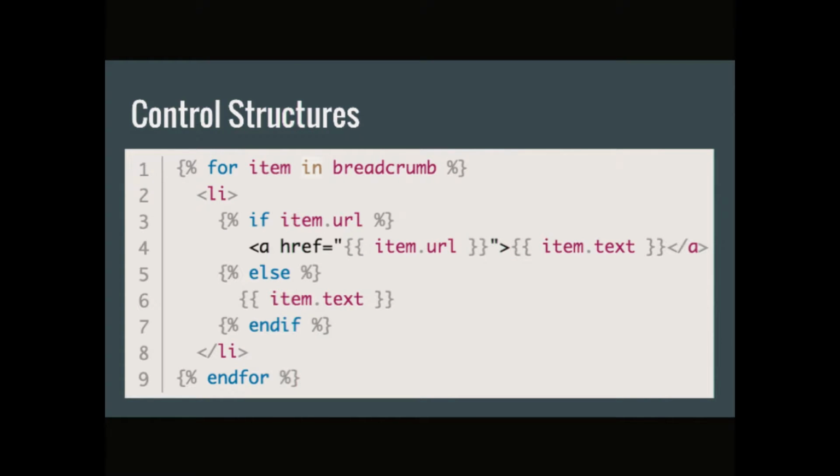We now have control structures. These are examples from core. We have a for control structure and an if control structure. So a breadcrumb is an array, and we want to iterate over the elements in that array. So we say for item in breadcrumb, and then we will create a loop, and in that loop we will have at our disposal a variable called item. And that variable can actually be either an array or an object in itself. So we can use the dot notation to inspect that variable and take decisions of what we're going to print based on that. In this example, we check if